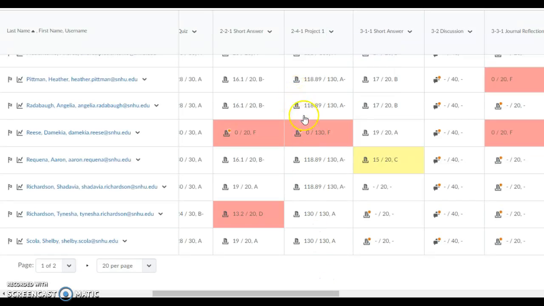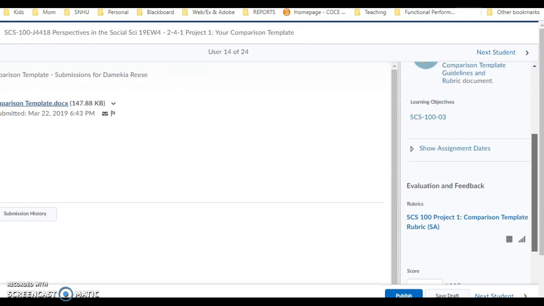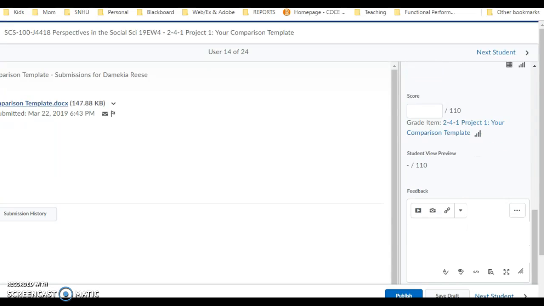If you want to just grade from the grade book, you could pick one of these. I'm going to pick this one just because the student didn't submit anything. I just want to see if you sent them a little note here in the box. Another thing that faculty have been doing, I see there's no note here, is those students who do not submit,